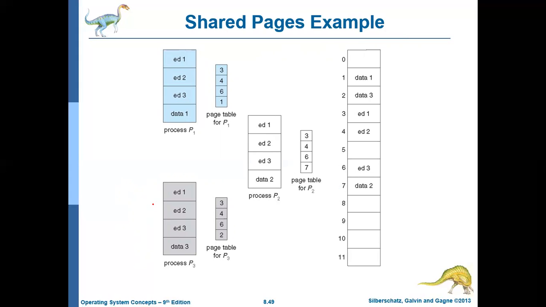Overall, with respect to the page table, the CPU will create a logical address, and that logical address will first be checked in the TLB. If a hit is found in the TLB, then the physical address will be generated. If there is a TLB miss, then refer to the page table, identify the frame number, get the physical address using the offset, and access the memory location.